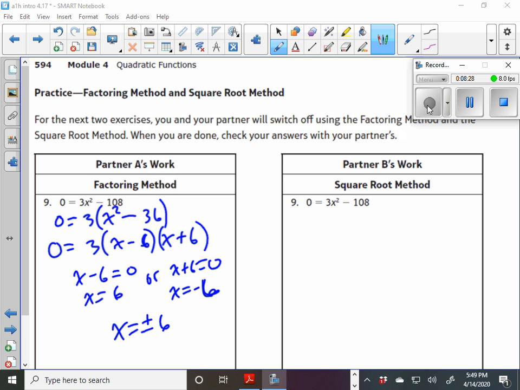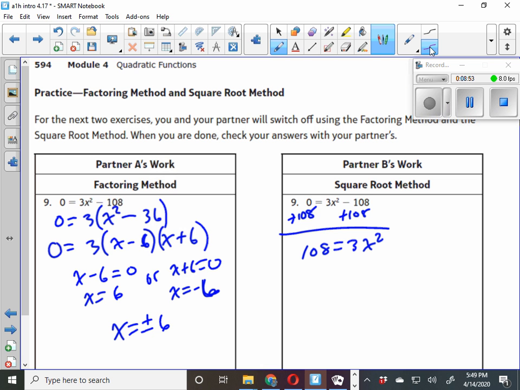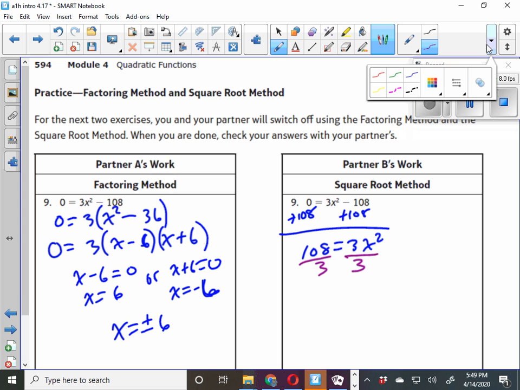Number 9 for part B says let's factor by taking the square root. Let's work this together. All right, so I'm going to add 108 to both sides. Whatever's negative, take to the other side. And if you want, you can leave it. You can flip it around, but 108 is equal to 3x squared. If I divide by 3, sorry, I get x squared